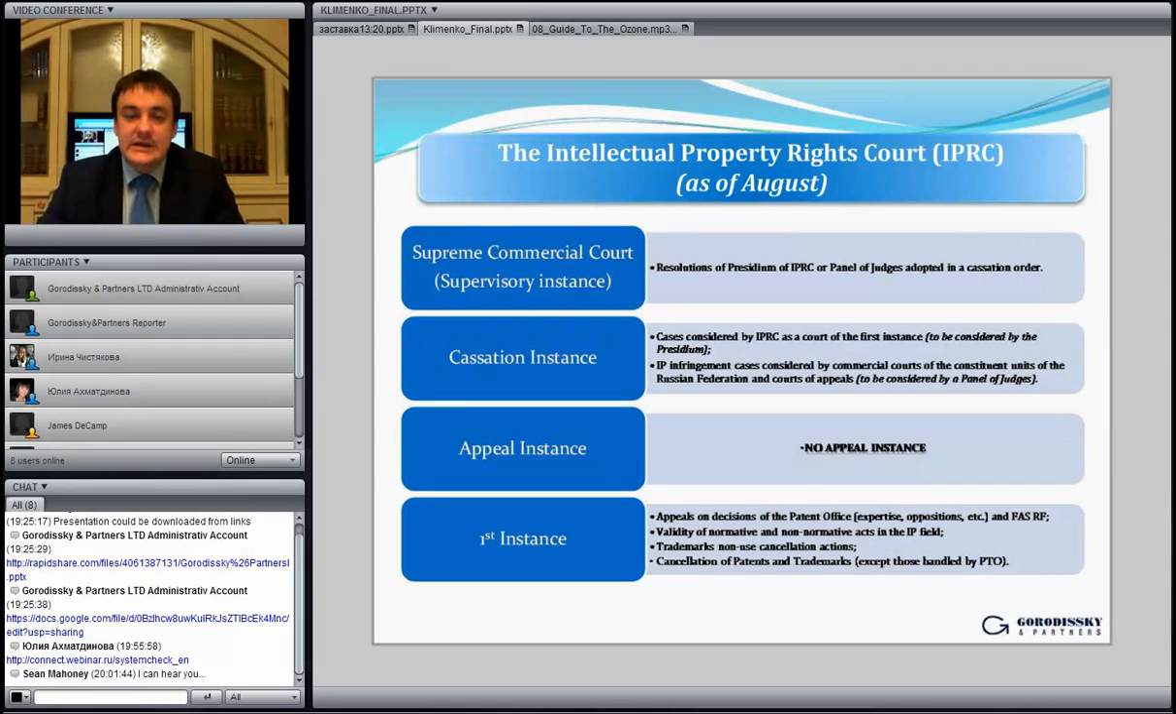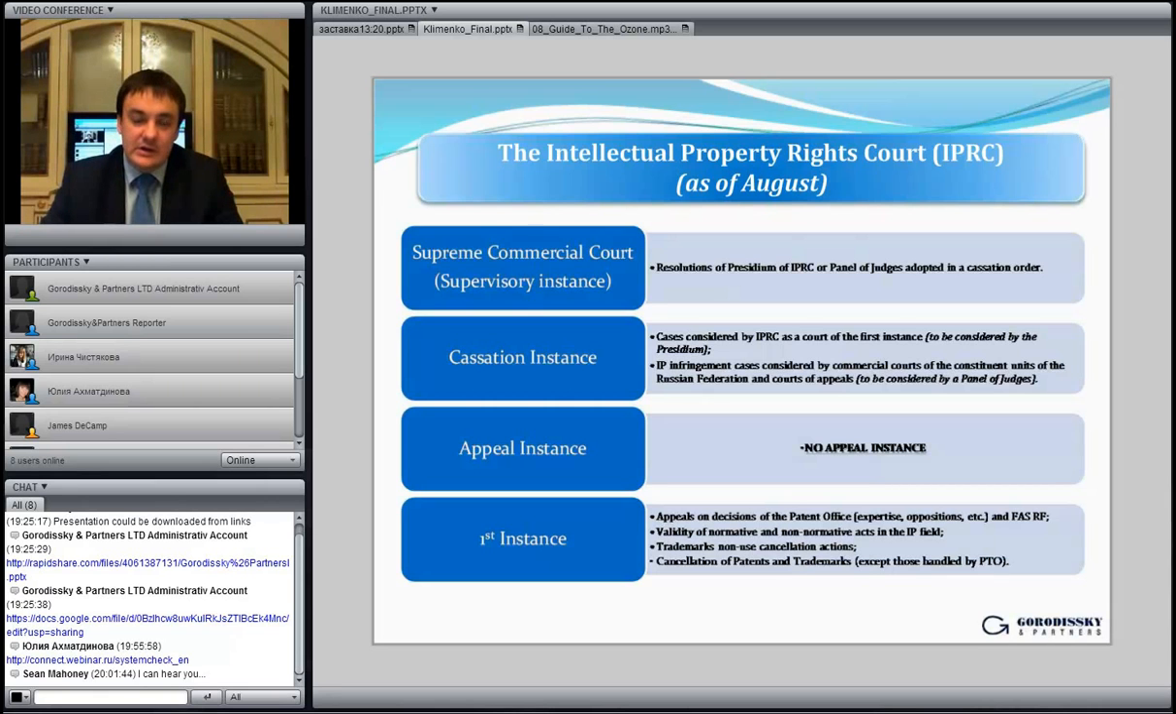Here you can see the cases to be handled by the intellectual property court. As I said, the court will handle the cases as the first and cassation instance, and no appeal instance will exist in this system, in this court. And as a first instance, the intellectual property rights court will handle appeals against decisions of the patent mark office,